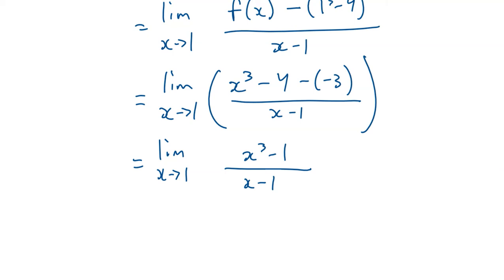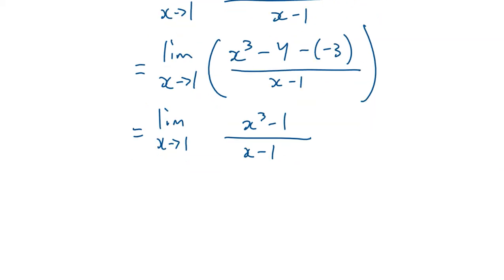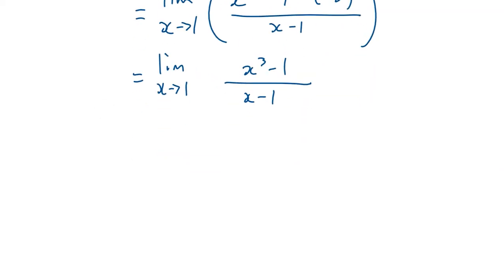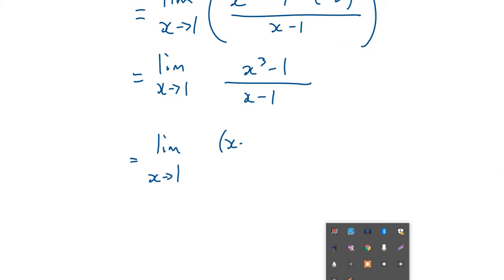Is anybody thinking that? X cubed minus 1 is a difference of cubes. Does anybody remember how to factor a difference of cubes? Sort of remember it, remember doing it, remember exactly what the formula was? Maybe not. That's okay. So it's the limit as x approaches 1 of x minus 1,